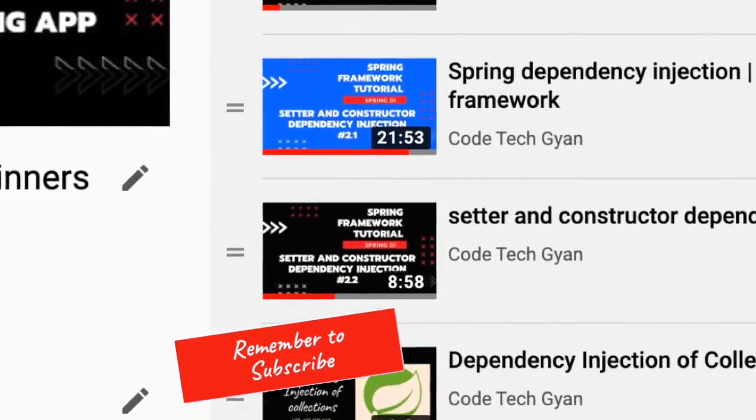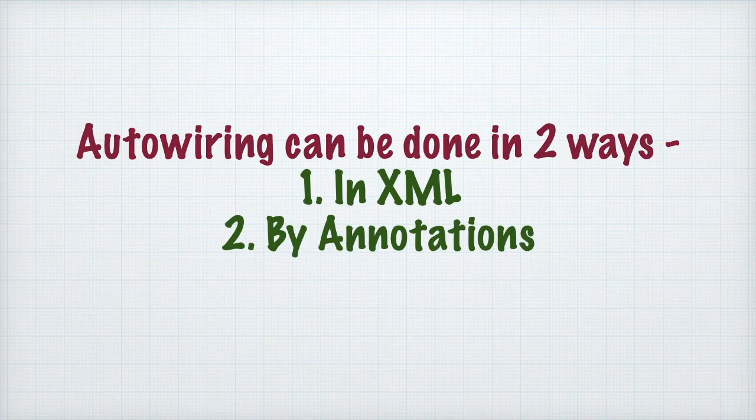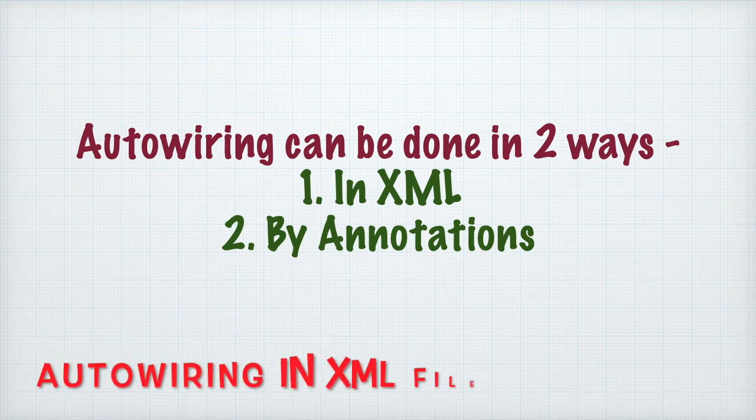So guys, what is auto wiring? In simple terms, we can say it is nothing but wiring or attaching the dependencies together. Spring lets you attach the dependencies whichever a class needs in two different ways. First is XML and second is annotations. When you are doing auto wiring in XML, you need to make some changes in your XML file, that is, your application context file. And if you're doing auto wiring using annotations, then you can make changes in your Java class files. We will go over both concepts, but in today's video we will go over the XML concept, that is, we will do auto wiring using the application context file.